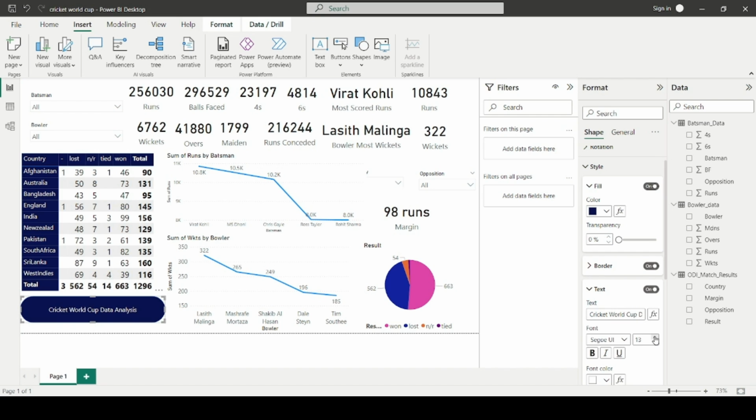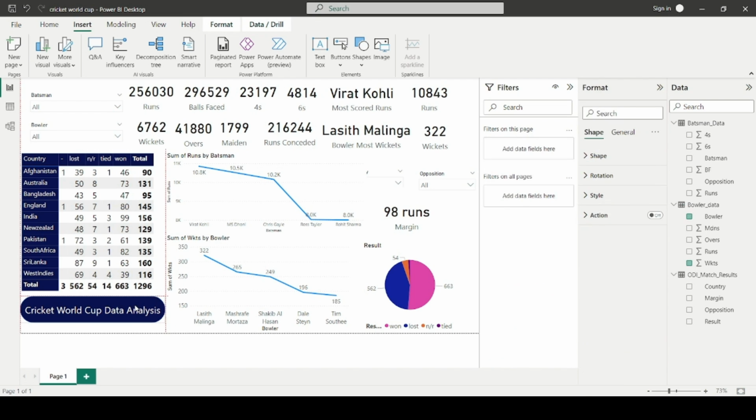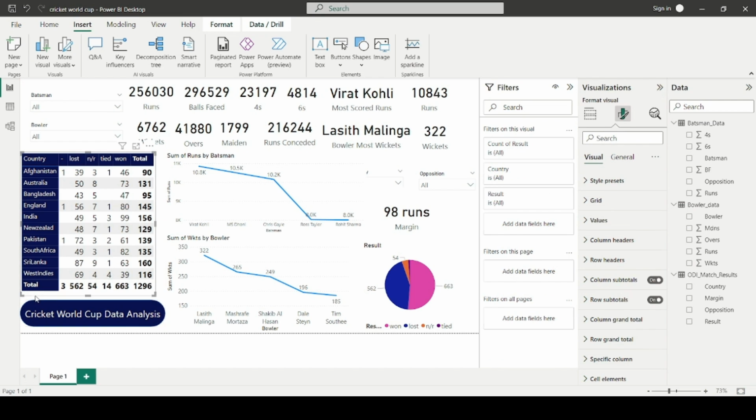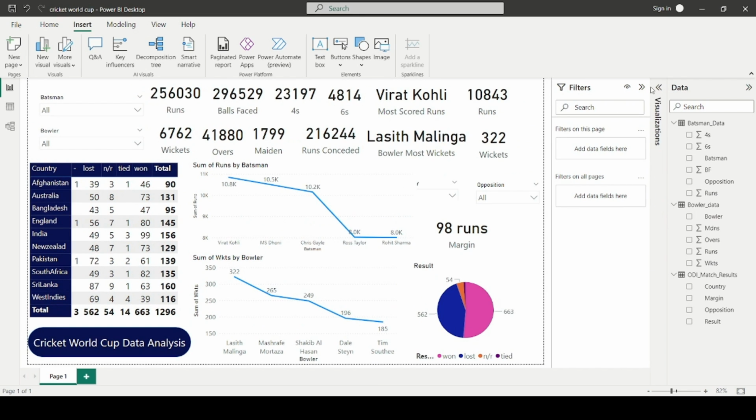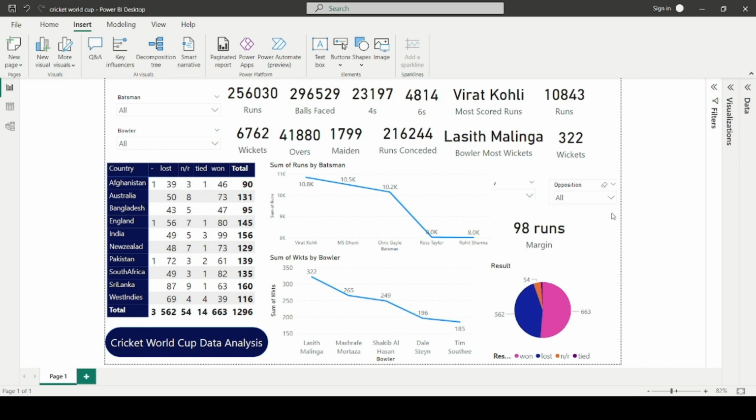I'll increase the text size. So this is our ultimate result after analyzing the Cricket World Cup dataset. If we summarize what we have done till now, we have got a drop down for batsman and the bowler. Right now, the statistics shown over here are for all the batsmen and all the bowlers in the world